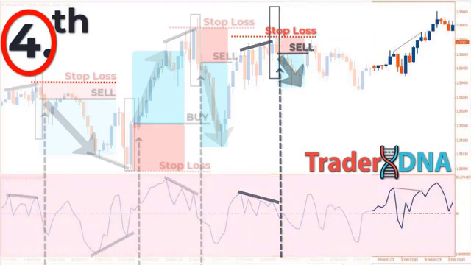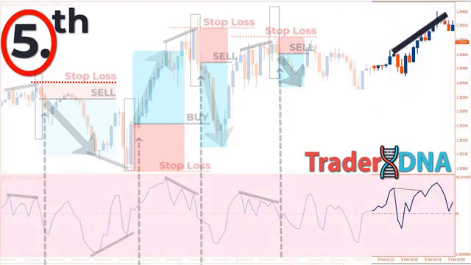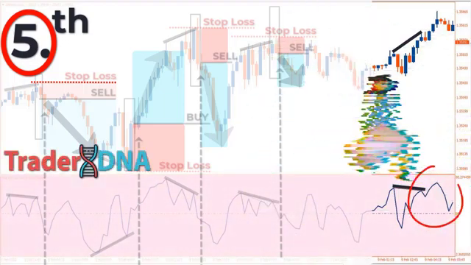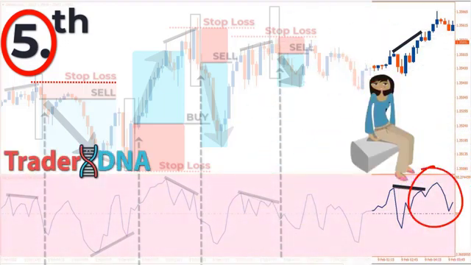The fifth trade. As prices pushed higher, the RSI made a lower high, which completed the first bearish divergence. However, the RSI line is above the 50 level, so we sat on our hands. Here are other examples of the candlestick patterns trading with RSI divergence. To fully understand this wonderful strategy, and to make the most out of it,